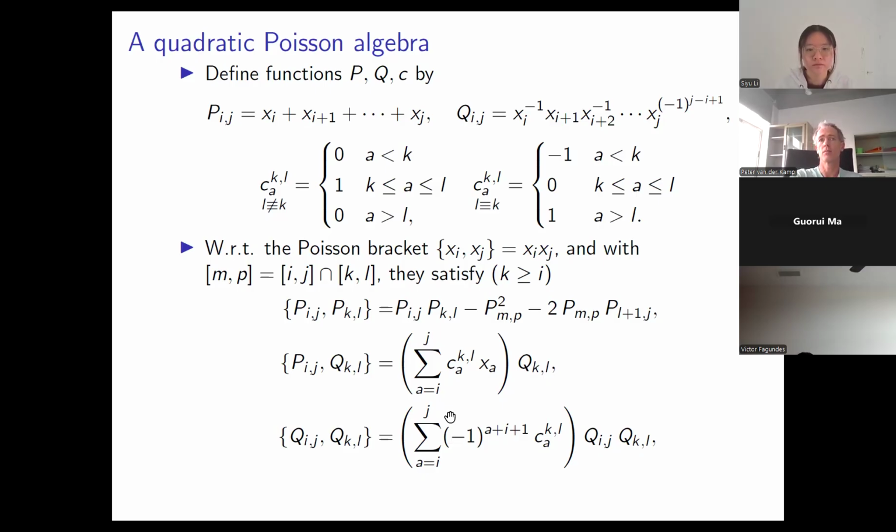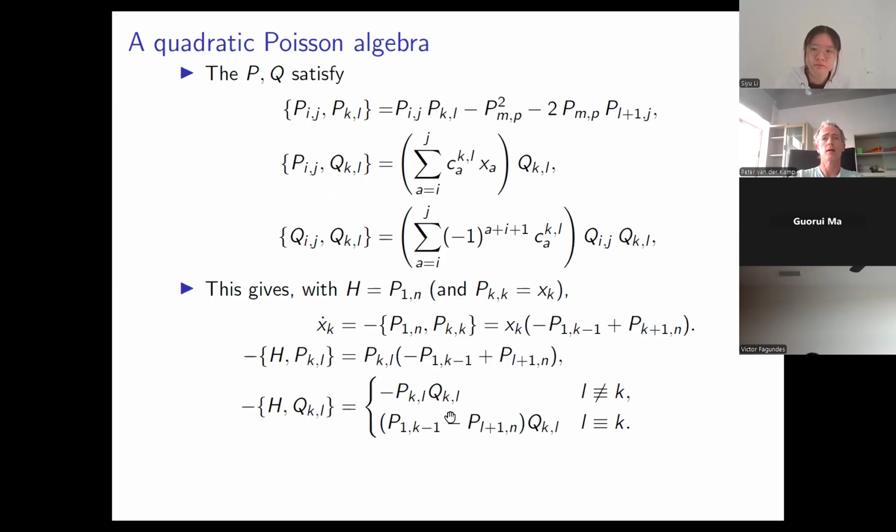And we can use this algebra to study the involutivity of all expressions expressed in terms of these functions. And we can look at how this Lotka-Volterra system arises, because now H can be written as this function. And of course, the variables can be written in terms of the capital P's in this way. And then from these relations, we see that the bracket of the variable xk with H really is equal to this thing. So this is another way of writing the special Lotka-Volterra system.